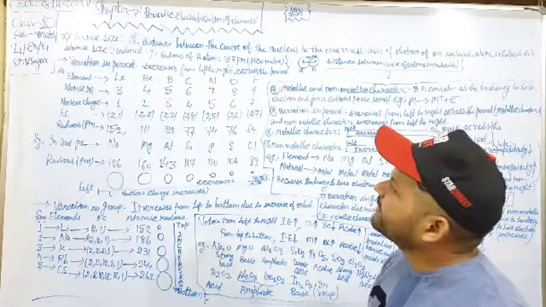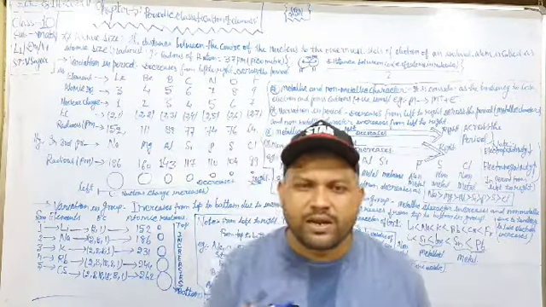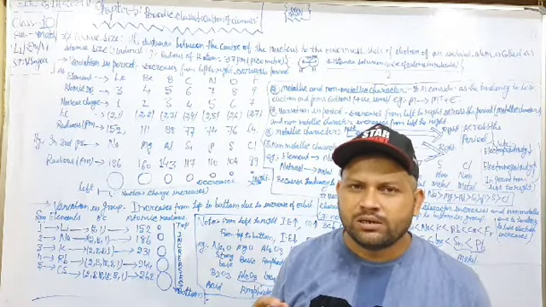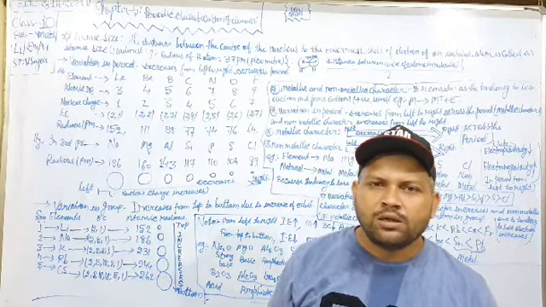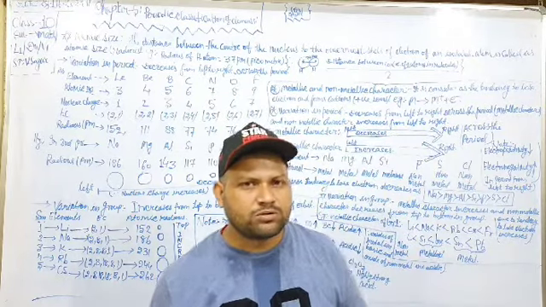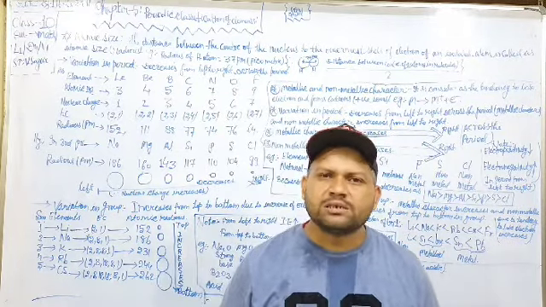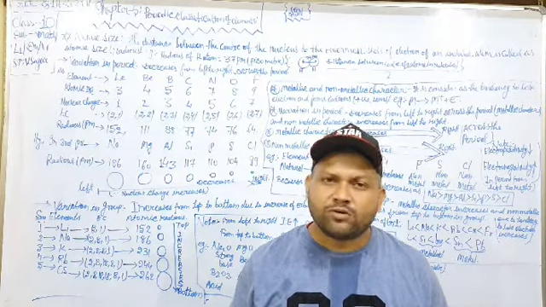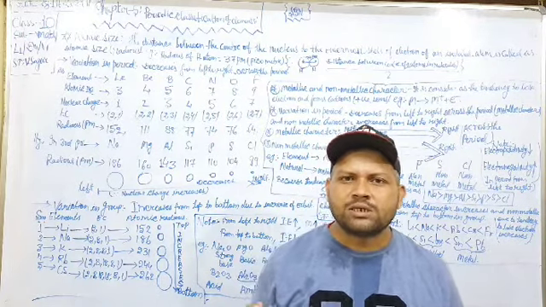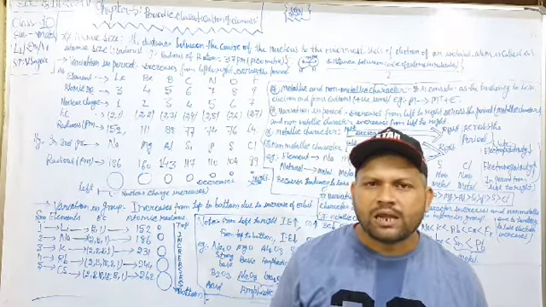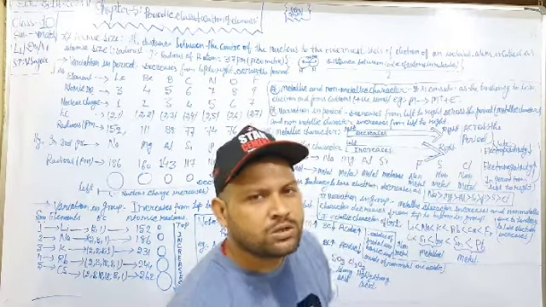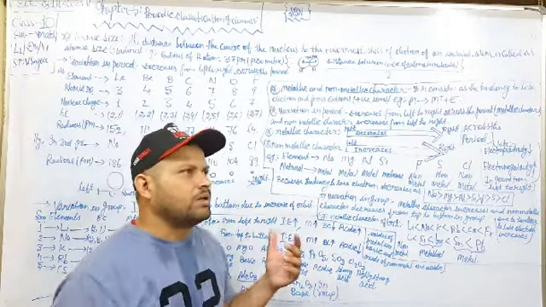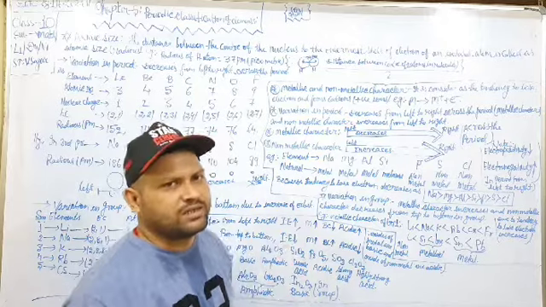Here, look at atomic size. What do you mean by atomic size? In simple words, the size of an atom is called atomic size. The size of an atom is calculated with the help of its radius. So we can say that the radius of an atom decides its size.